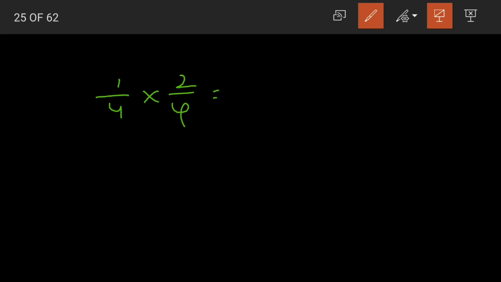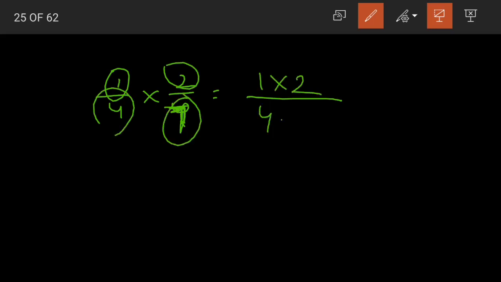So when we are multiplying the fractions, we do not check whether they are like or unlike. Let me take 7 here. 1 by 4 into 2 by 7. We do not check whether they are like or unlike fractions, children. Simply we'll multiply the numerators, 1 into 2, divided by, we'll multiply the denominators, 4 into 7. 1 2s are 2 divided by 4 7s are 28. Understood, children? What did we do here? Multiply the numerators divided by multiply the denominators.